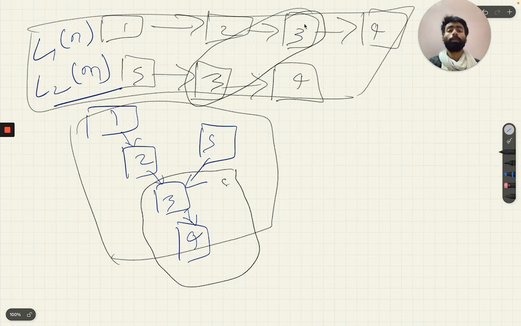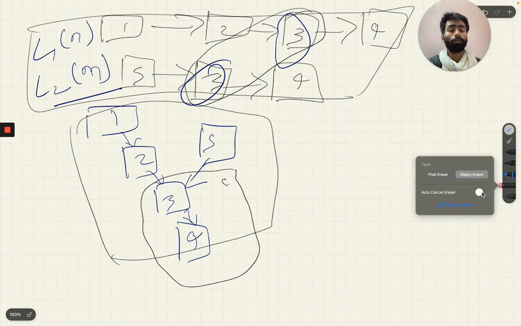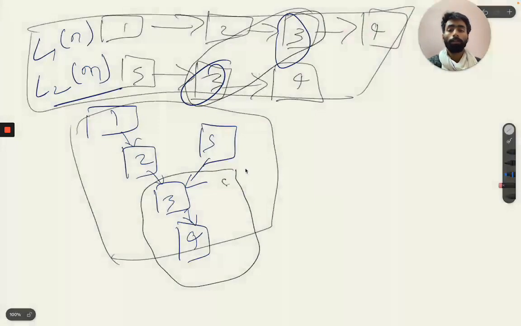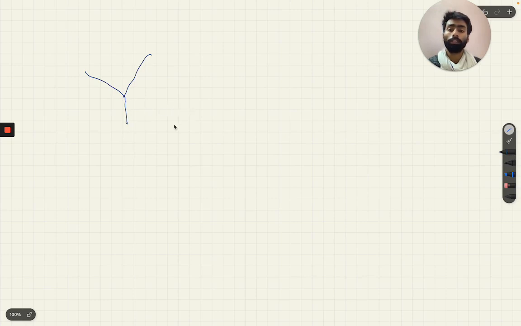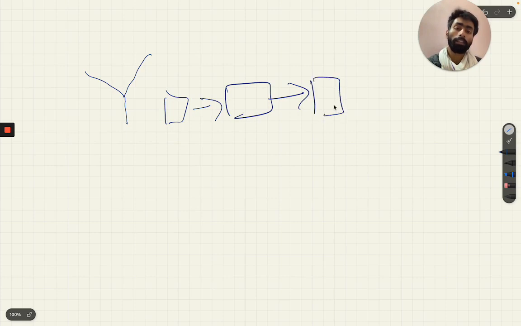So how can we find this? First of all, we have to find the common point, but we have to take care that after it each and every element is common in both the linked lists. So we can do this by using the fact that if the linked lists have a common point and followed by common values in both, then we can traverse through the complete linked list and find the tail of each.